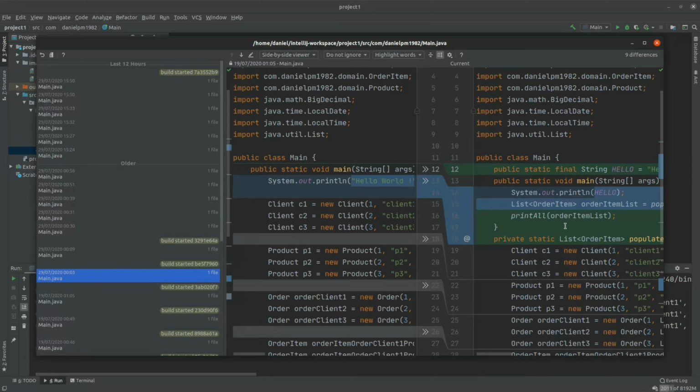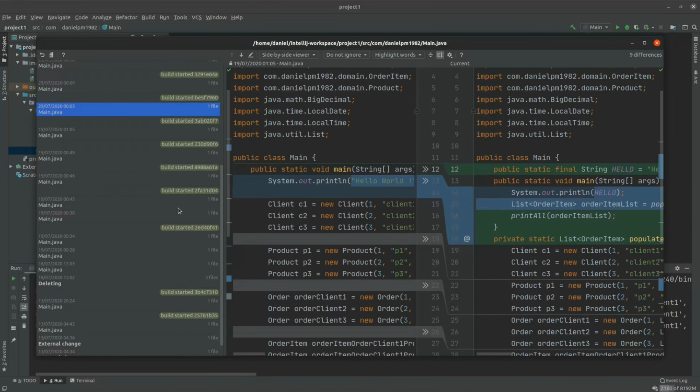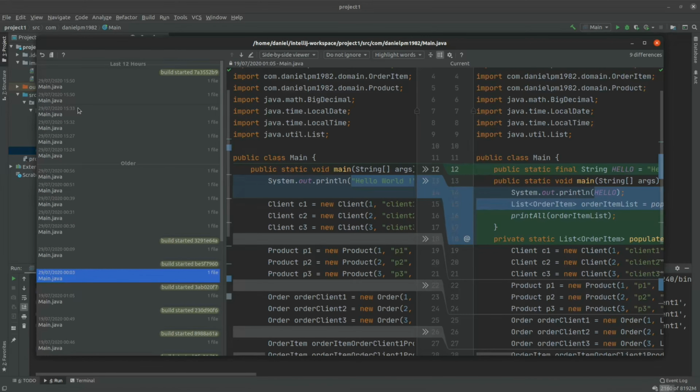You can see here that the changes are overlaid. For example, we had this hello world at the main, and then we extracted that to a hello constant variable here. You can maximize here to see better, and have in mind here that this is an internal history of